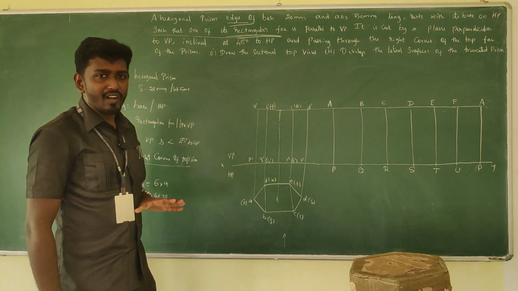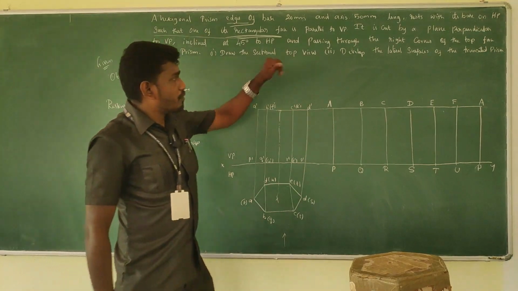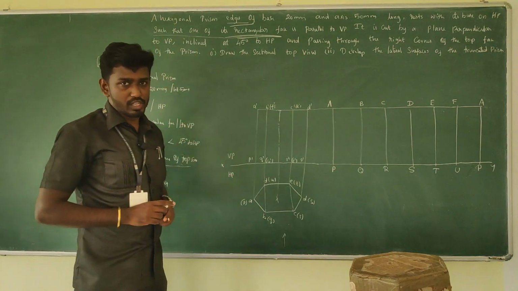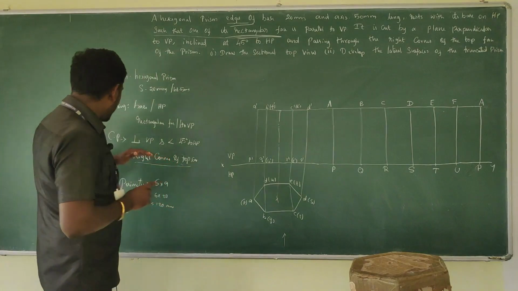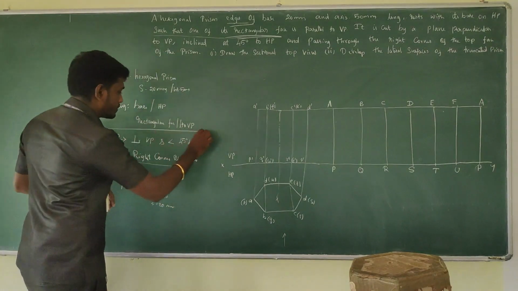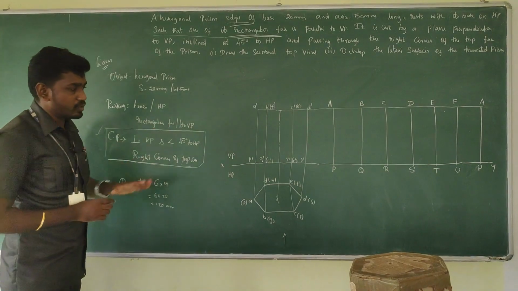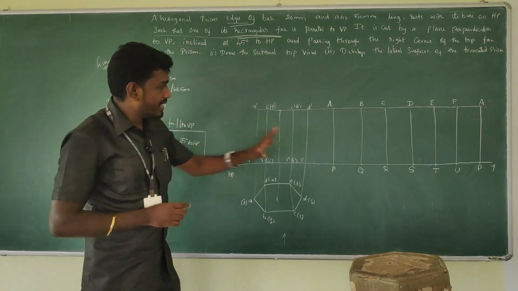But this is not our exact part asked in the question. The sectional top view and the development of lateral surface for the truncated prism, we need to form for the truncated prism. So after forming it, we shall place the cutting plane now. Till now, you should not make any lines as dark. It should be a very thin line.